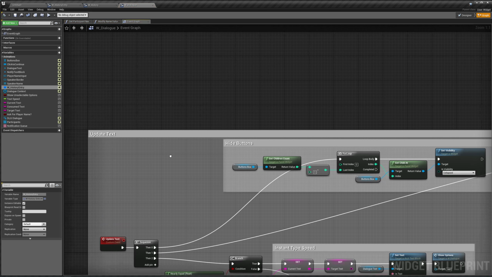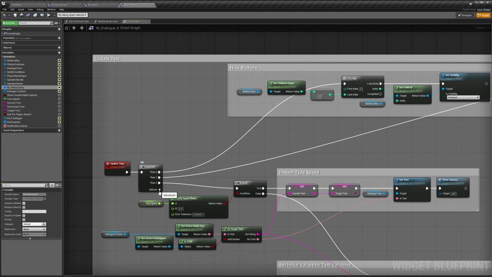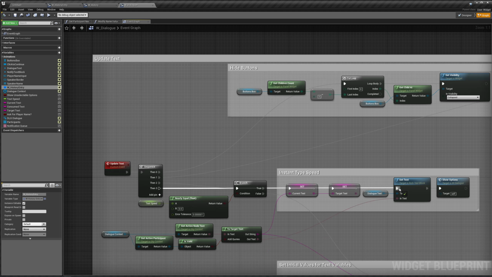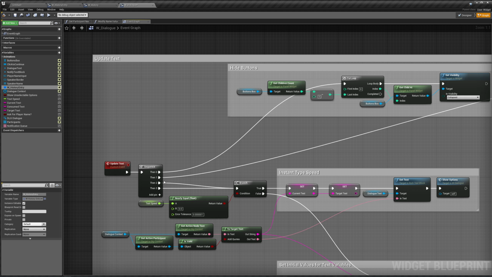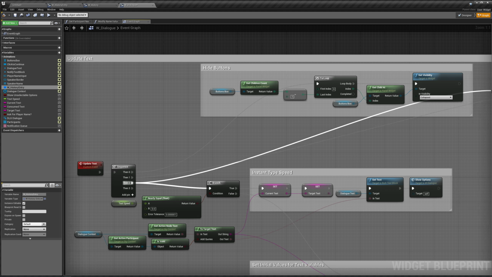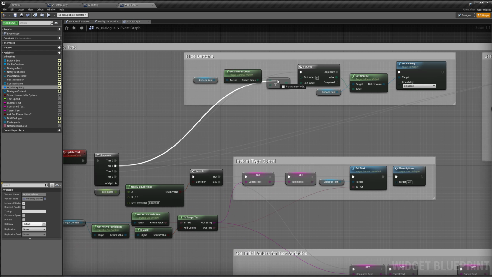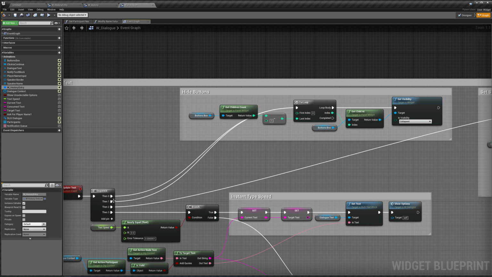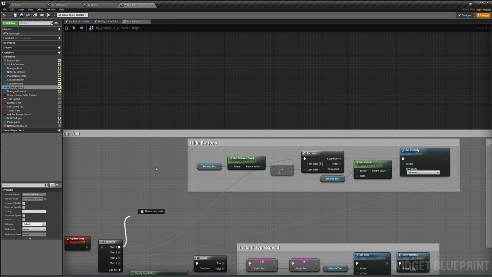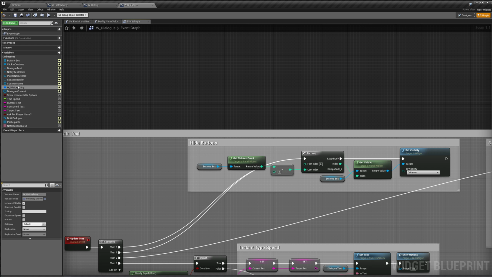Back in our graph, we are going to add another pin to our update text because we want this to be called every time we update our text. So our branch now goes to our den 3. Our set speaker name and visibility is den 2, and our hide buttons is den 1. And for our den 0, we are going to get our history entry,